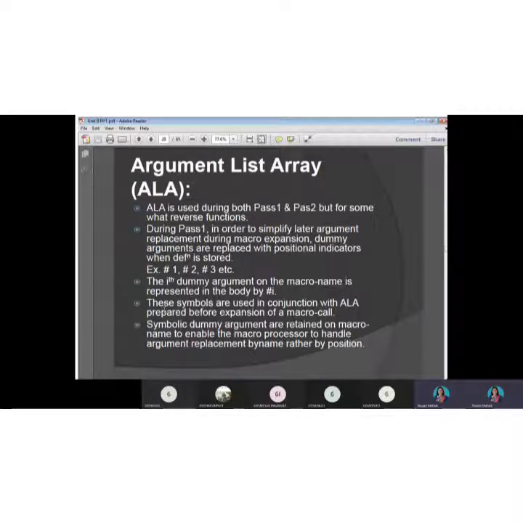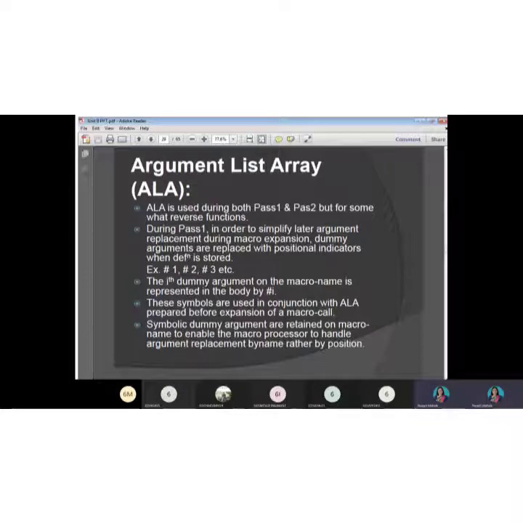So what we store in the ALA table is nothing but the arguments that we replace during the macro expansion, along with the index value. Our index value for ALA is like #1, #2, #3, and the second column is the argument where we write the arguments.